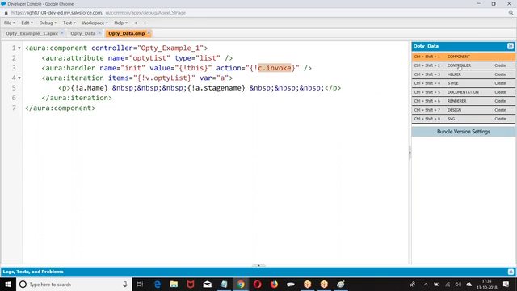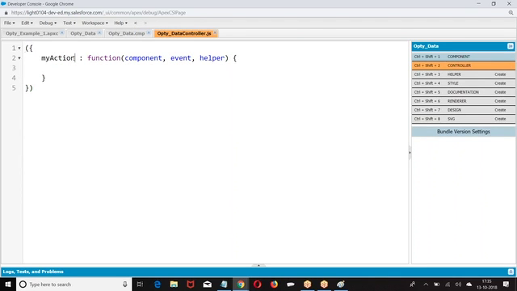So go to the client side controller. Name of this controller is, right. Then we have invoke method. In the invoke method, I was supposed to call server side controller. How do you do it? Var action equal to component dot get c dot